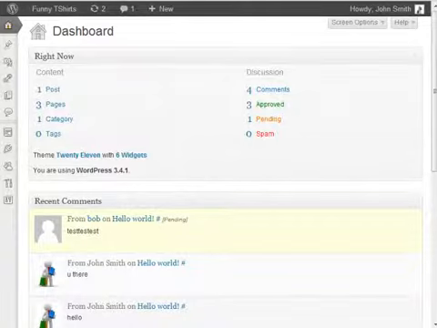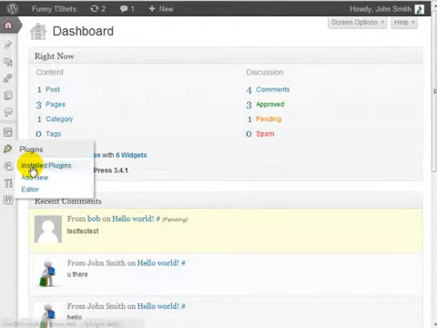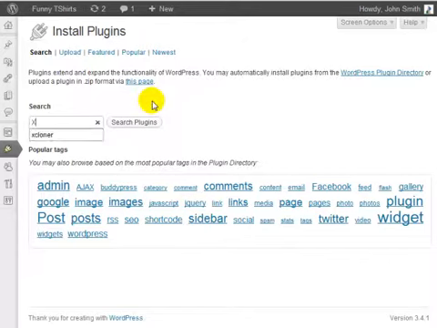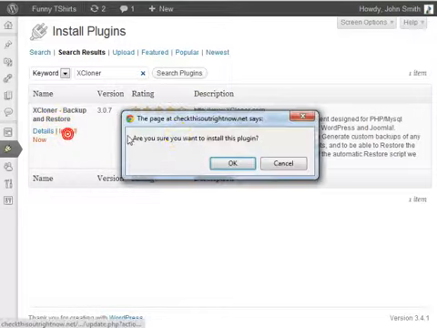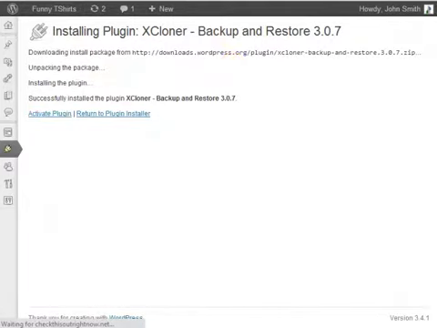The first thing you want to do is, of course, to go to your dashboard. And at this point, you'll want to go to Plugins, click on Add New Plugin, and do a search for Xcloner. Click on Search Plugins, and it's this one here. So click on Install Now, click on OK, enter your FTP username and password, click on Proceed, click on Activate,